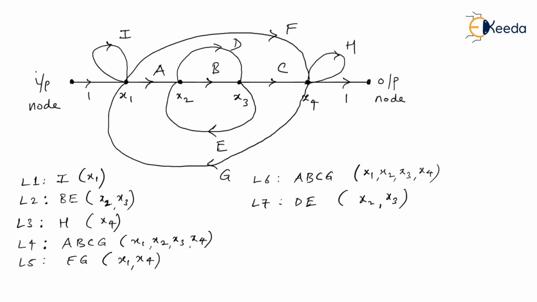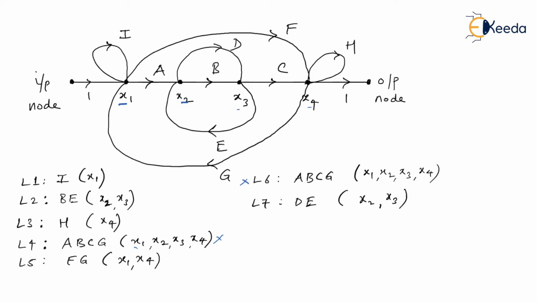With a little common sense, I can say that since L4 is involving all the nodes, see x1, x2, x3, x4, I mean it is in fact covering all the nodes, and therefore L4 and L6 cannot be a part of non-touching loops. Am I right? Since it is touching all the nodes. So while finding non-touching loops, you can eliminate those loops which are involving most of the nodes. Am I right? So let us compare L1 with L2. This is how we go about.